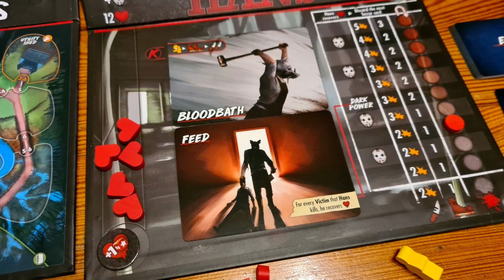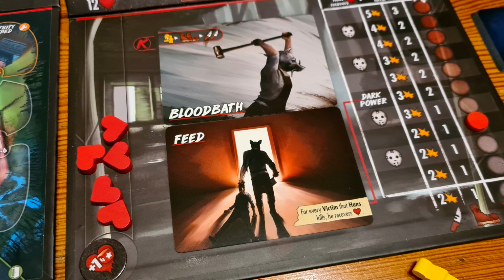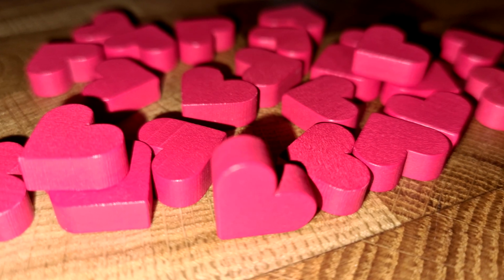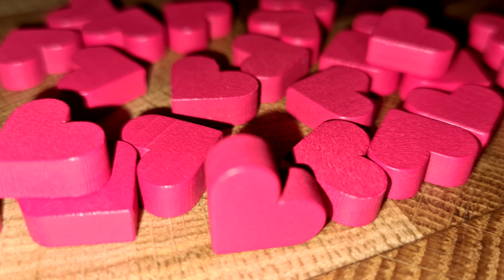Of course, all this is great, and you want to save victims to get your power, you want to get items to help you, but at some point you're going to need to take out the killer themselves. The way this works is that both you and the killer have a number of health. Obviously, the killer's got a lot more health normally than you. Unfortunately, the killer often has a lot more health than you, but both of you have the potential for a